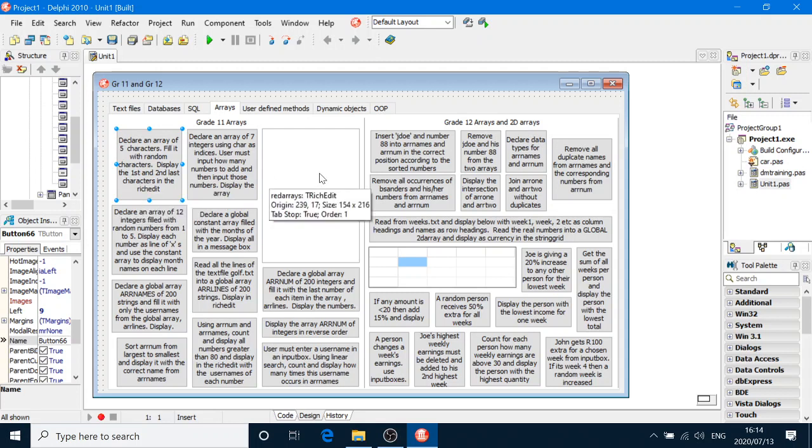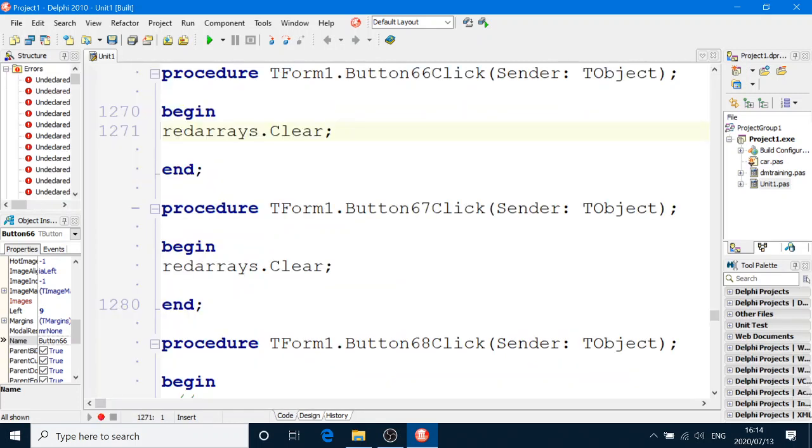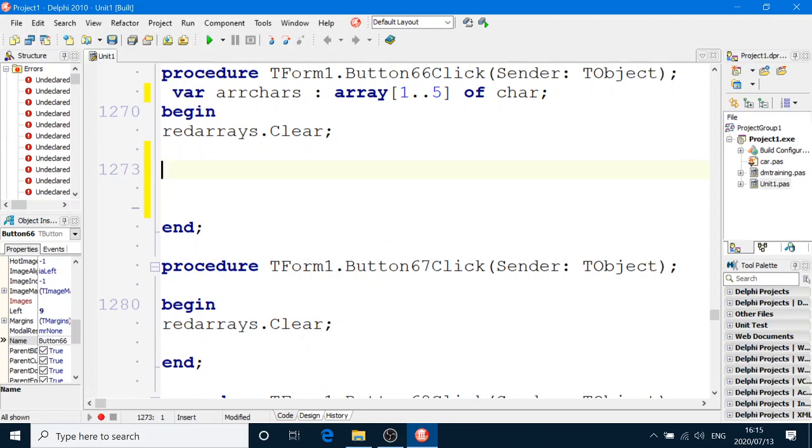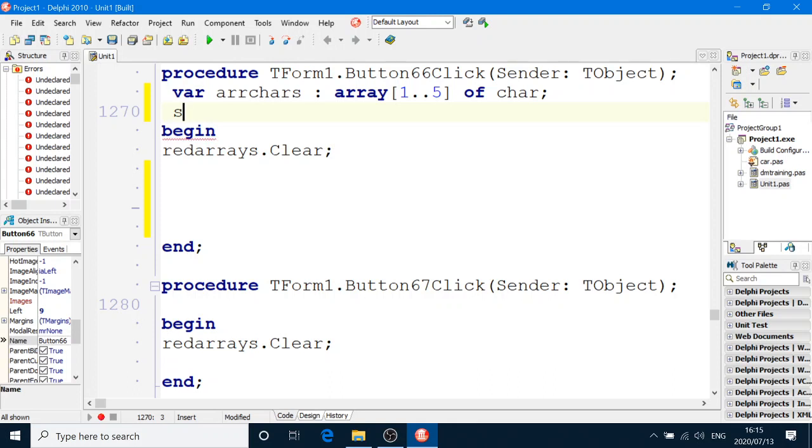Here's the rich edit here, already arrays. So we declare an array of 5 characters. This is how we do it. var ARR, we can call it anything you want, AR chars colon array 1 to 5 of char data type. And then we're going to fill it with 5 random characters. Now to get a random character, we're going to use a random number, and we're going to use an alphabet string, S alpha